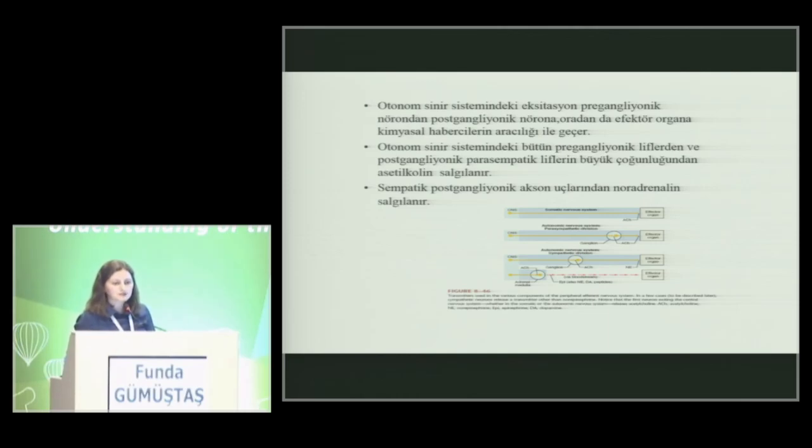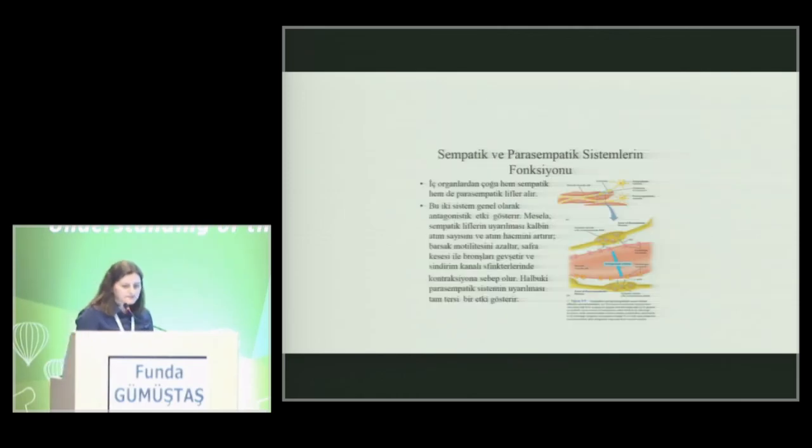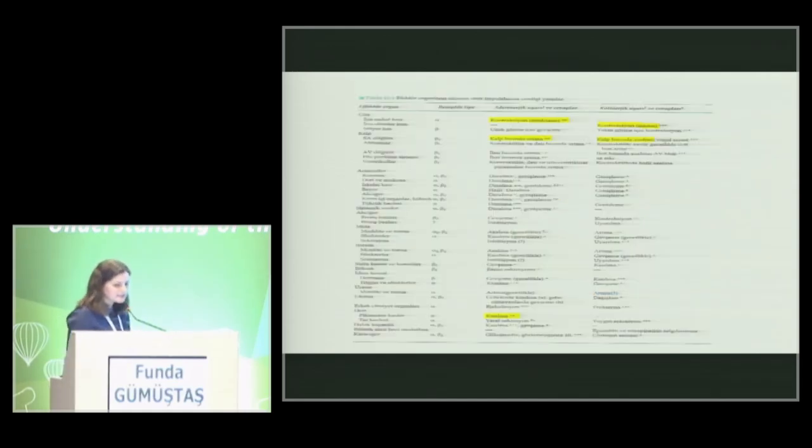Excitation in the ANS goes through to the effector organ through chemical messengers. In both the sympathetic nervous system and parasympathetic nervous system acetylcholine is present and noradrenergic discharge is taking place, and in the parasympathetic nervous system acetylcholine is being discharged. As I mentioned before, parasympathetic and sympathetic systems are antagonistic to each other. Many of the inner organs are affected by these two systems. For example, the excitation of the sympathetic nerves decreases motility and leads to contraction, but the parasympathetic system does the reverse. It reduces the heart flow, it constricts the bronchi, and